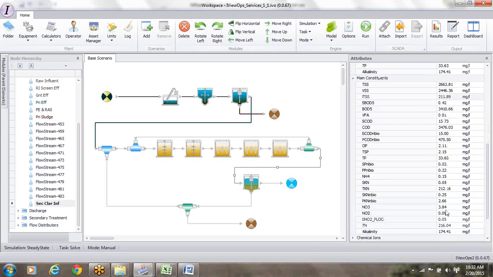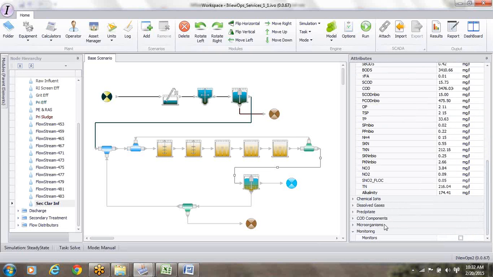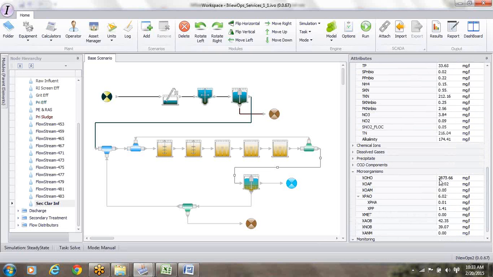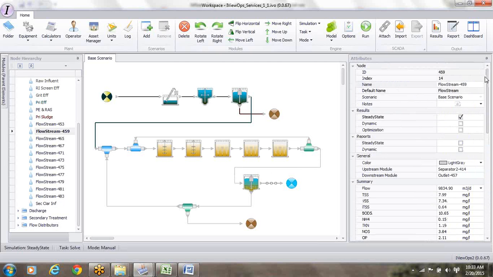But if you want more details, you go into the main constituents and you'll see all these details. If you want to know how much of what microorganisms you have, so much OHO as COD, so much PAO, so much AOB and NOB in the system right now. Okay, few things. I have not named all these flows, but I should have named them, and it's good practice to do so. So I will name a few, but then I'll stop the recording and do the other ones